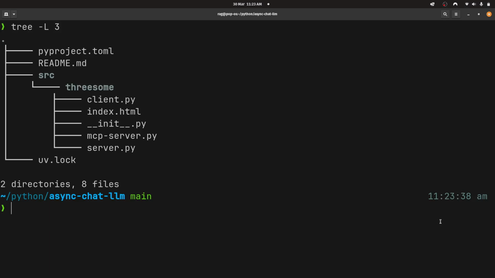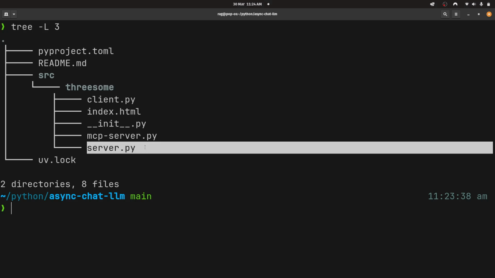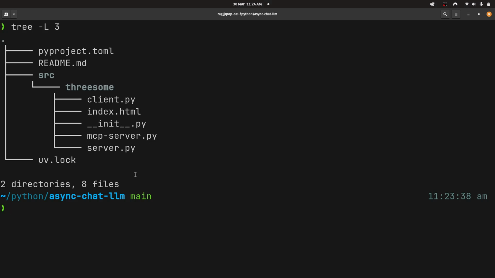Okay, so this is the structure of the project. I've got an MCP server waiting in the background, which will be included in due course. So the main 2 components are the server and the front end, index and server. The client.py was a CLI that I used for testing. To run it,